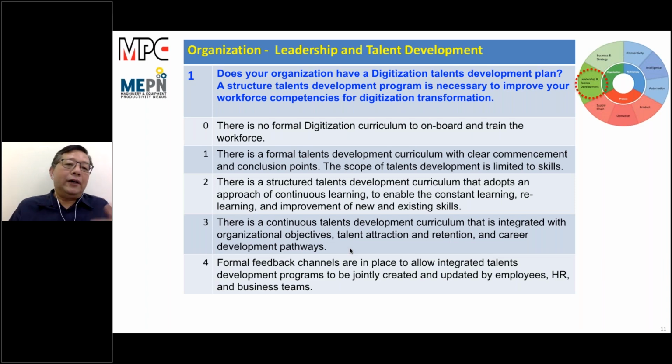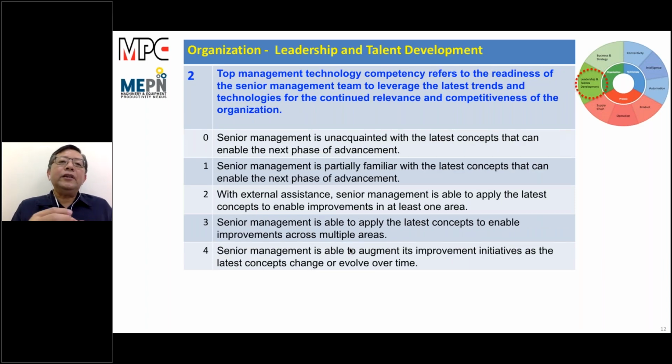Okay, so that is question number one. Question number two is also in the same area, leadership and talent development. This question is targeting